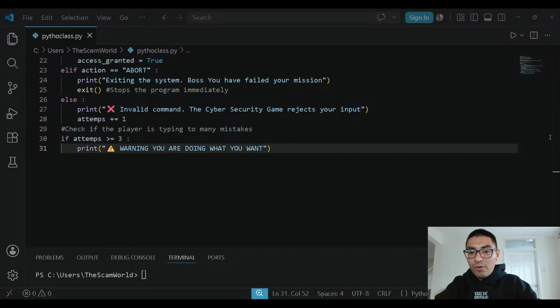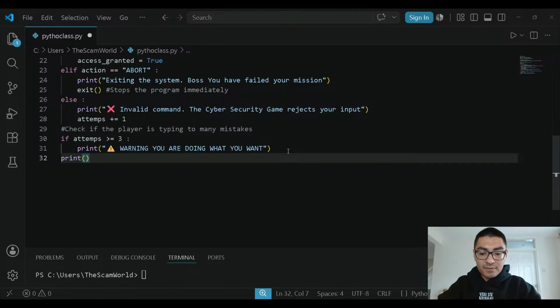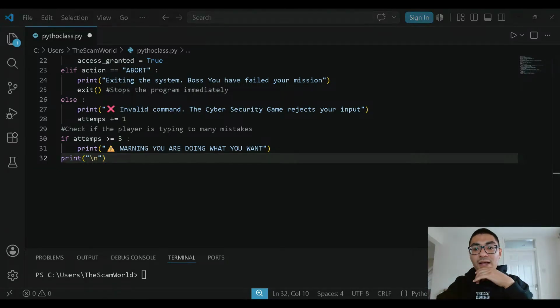And now I want to print something that says firewall bypass. So we're going to print parenthesis, quotations, backslash n. Remember, guys, the n does a new line. So it skips a new line and goes back to the other one. So we're going to skip a new line, and then we're going to say,